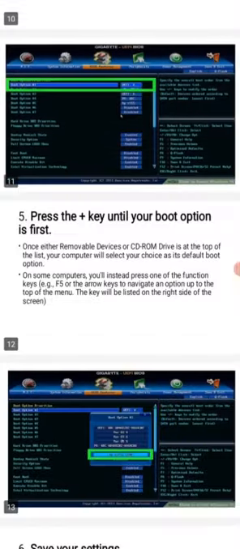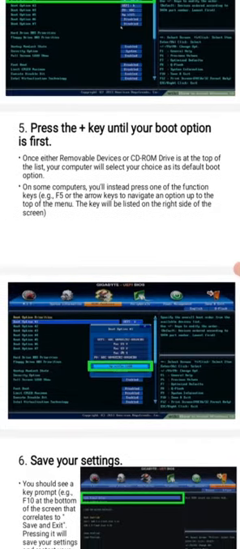you go to step number 5, where it says press the plus key until your boot option is